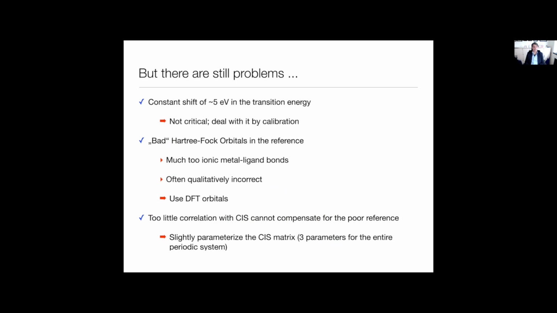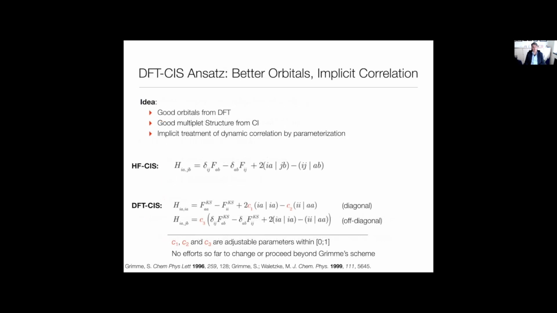It's not a perfectly accurate or perfectly satisfactory solution, but at the time, and this was basically 10 years ago, we needed something that was a practical tool, and it absolutely is a practical tool. It's also nicely used by the community now, and I'm very, very grateful and glad that it is. I hope that in the foreseeable future we come up with something more rigorous, but for the time being, the slightly parameterized method, DFT/ROCIS, is a very nice method that works very well. So you see we have 3 empirical parameters that were fitted to a set of reference data and that define the DFT/ROCIS method.